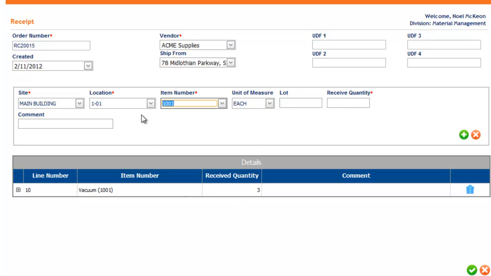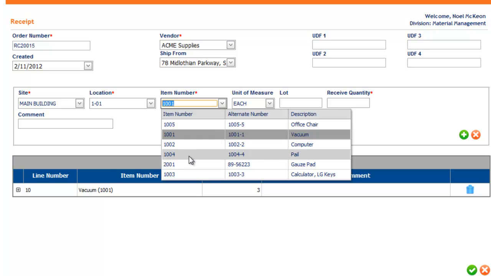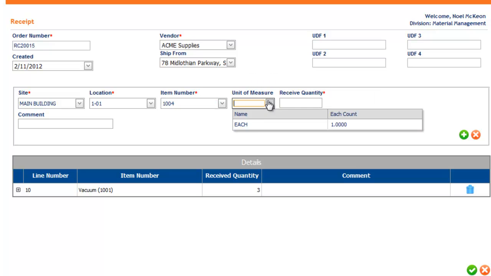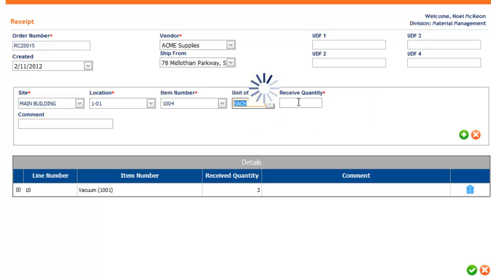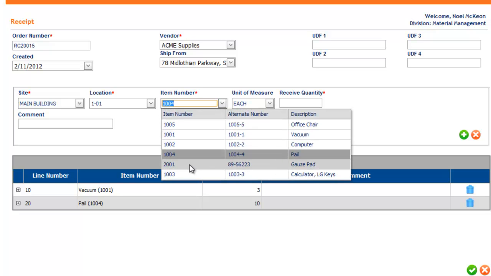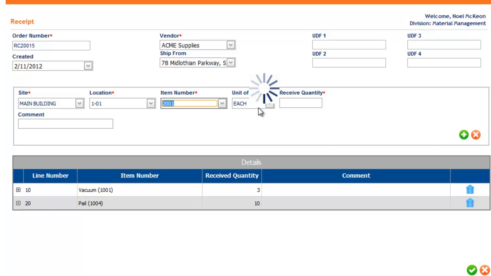I repeat this process by choosing the next item number that I'm receiving, populating any unique data elements like unit of measure, as well as receipt quantity, and again clicking Add. And this process simply repeats until we've built the entire receiving order for this particular receipt transaction. I'm going to scan one more item, unit of measure, lot, receive quantity,